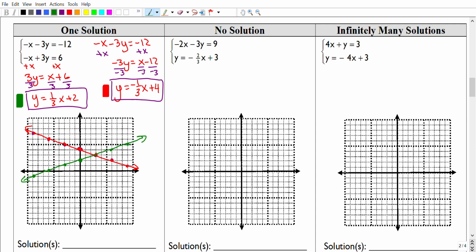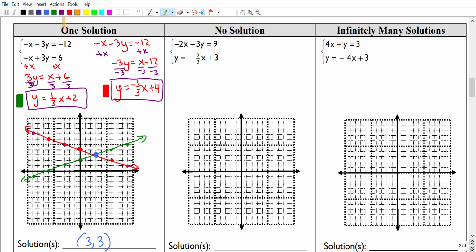I have my two lines. Now I look for my intersection point, and that happens exactly at (3, 3). Now, how does that tie into my title of this, which is one solution? Well,